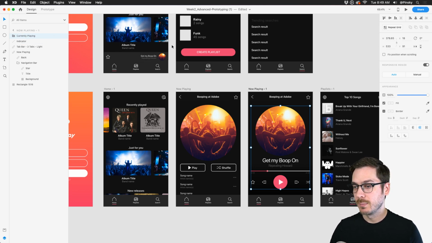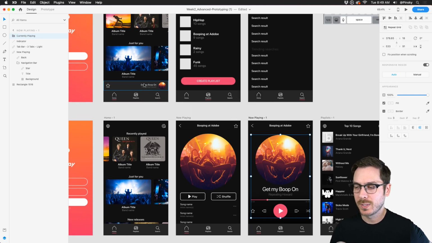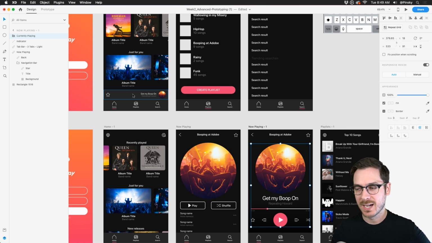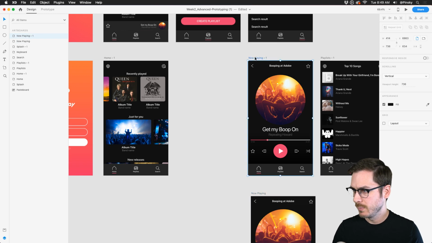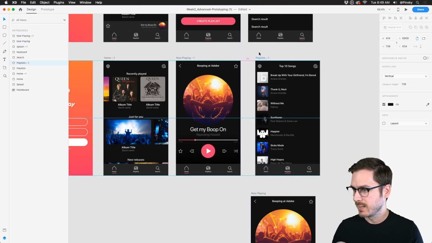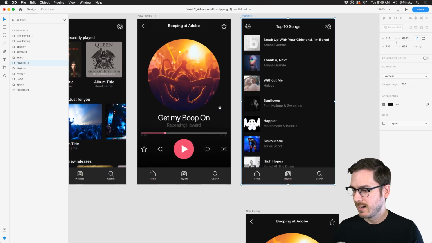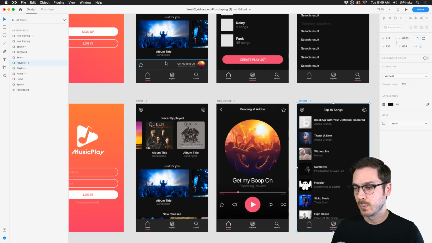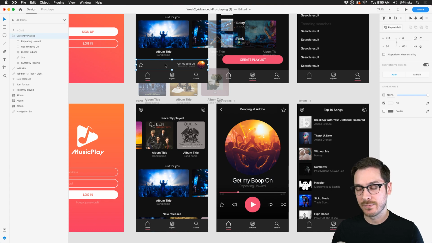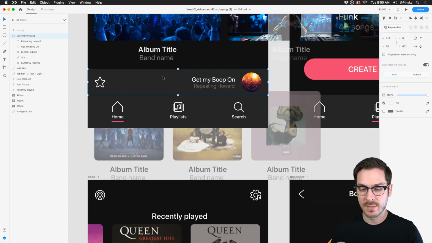Great. So tomorrow, the plan is we want this bar at the bottom to slide up when someone taps on it. It's going to start playing the music, but it's also going to lead us to this screen here. I can probably move this one back, make sure this is all nicely in order. So it's really important that the layer names are the same, the groups are the same, and if we really want to get fancy, we can also start to use some masks. So we can mask all these elements inside of this area.